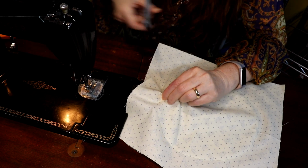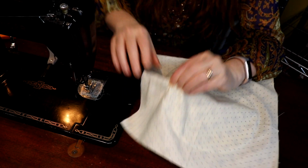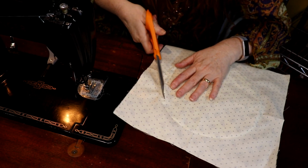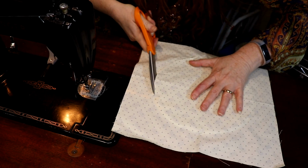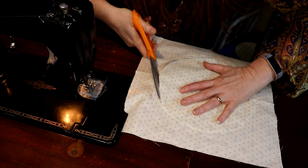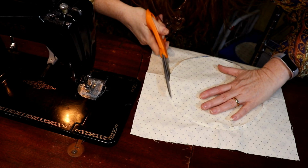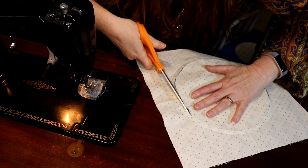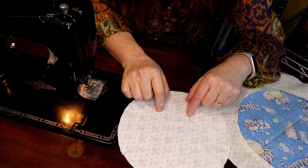So what I'm going to do, I'm very carefully going to cut in with a little scissor, just make a little snip, just a little snip, and then I'm going to take my fabric scissors, and hopefully I got both the interfacing and the low volume print, but not the blue. You don't want to be cutting the blue right now, because that would be bad. Now I'm going, there. Okay, so now you see this is already lined up and ready to go for another